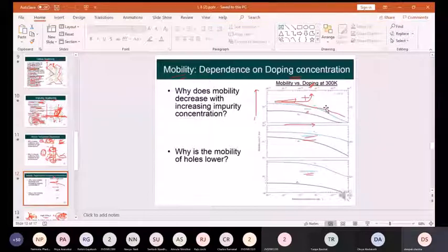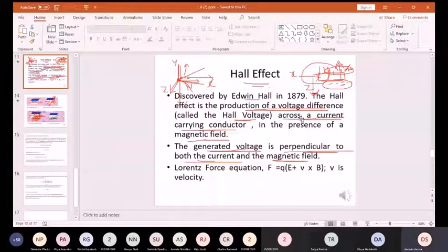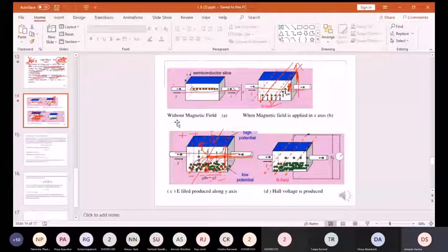Then directly we had gone to the Hall effect. I had explained what the Hall effect is. The Hall effect is nothing but voltage generation perpendicular to the current and the magnetic field when any semiconductor material carrying current is placed in the presence of a magnetic field, right? Say for example, this is the material, current is moving in the x direction, the magnetic field is present in the z direction, and the electric field will be produced in the y direction, right? And that itself is the Hall effect.